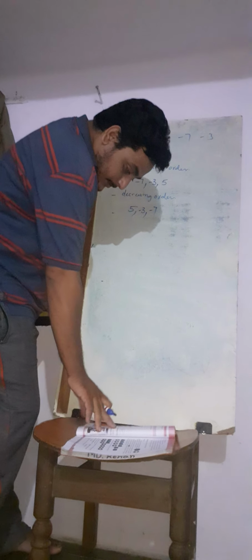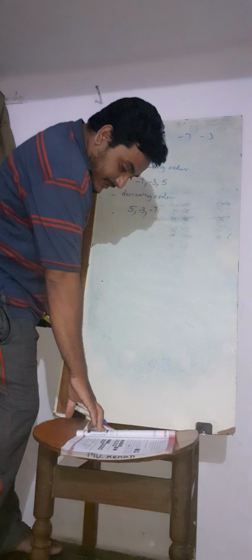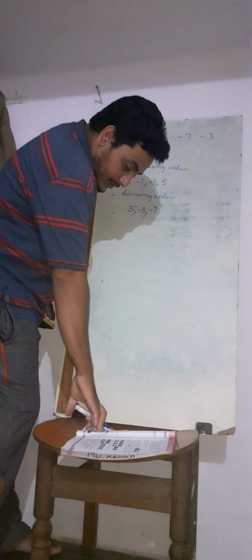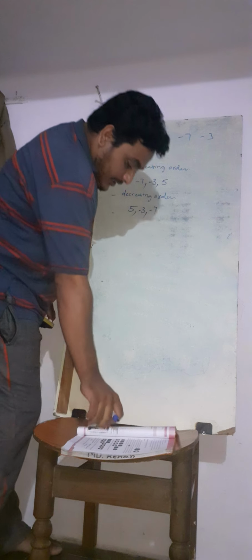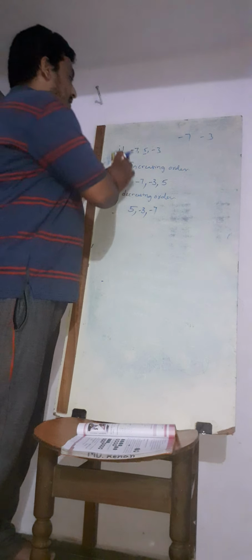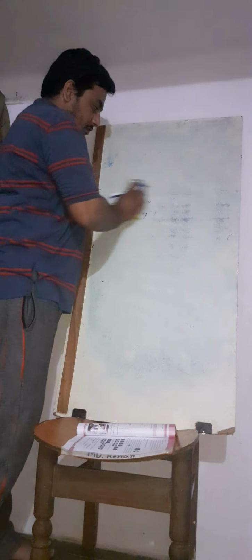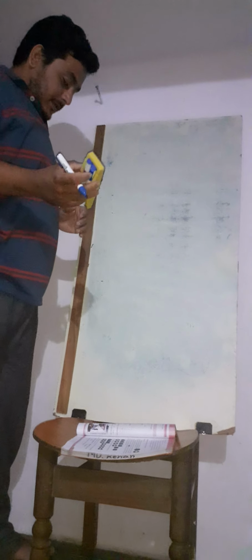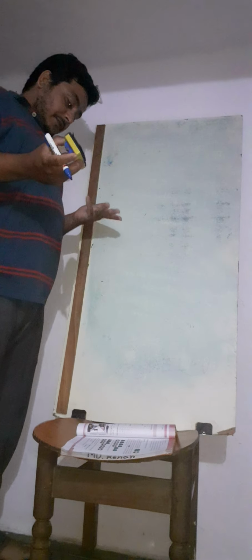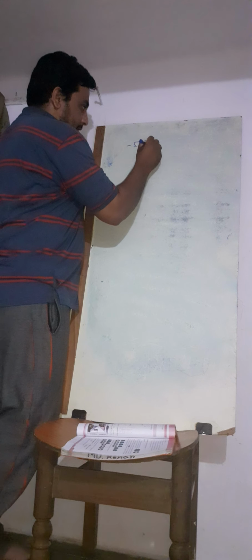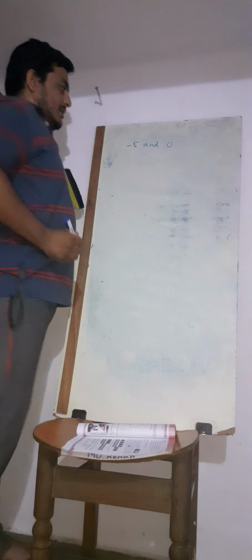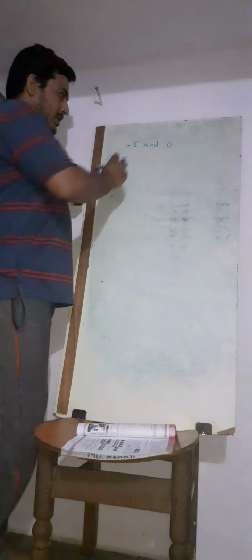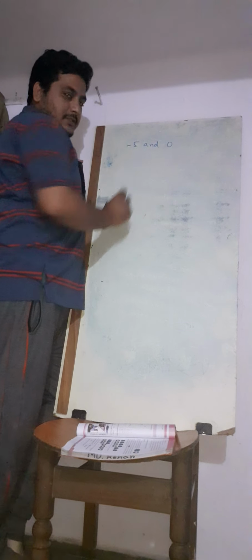Okay, coming to the fourth bit: find all the integers between the given two integers and also represent them on a number line. See, I am telling you the first one, ma. Otherwise, the first one or the second one, you can see, ma. He has given you -5 and 0. What are the numbers in between -5 and 0, he is asking?